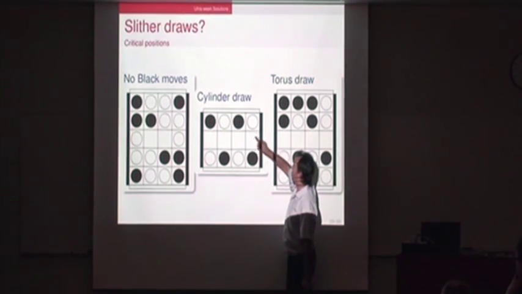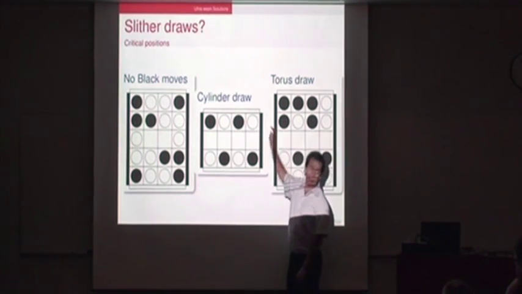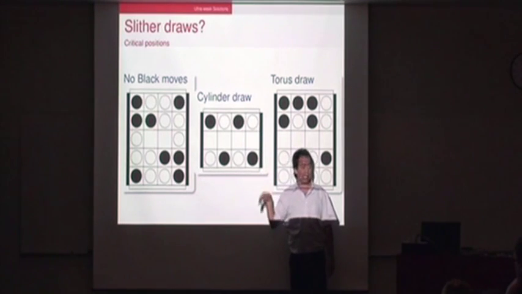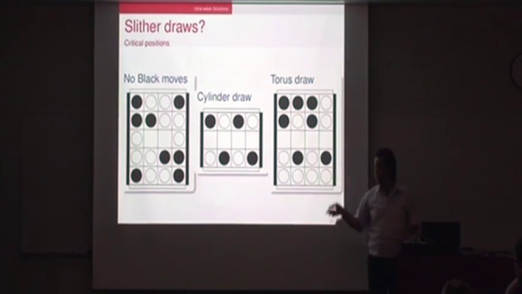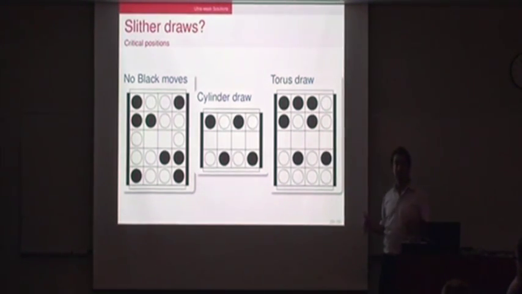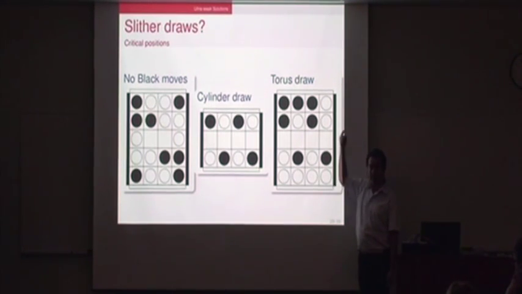And we also have the one across the boundary here. And for the same reason we cannot prevent it. And it's symmetrical. There's no white move legal in that position. So if we were to play Slither on a cylinder board, there would be draws. If it's a torus, so left is connected to right and top is connected to bottom, there would also